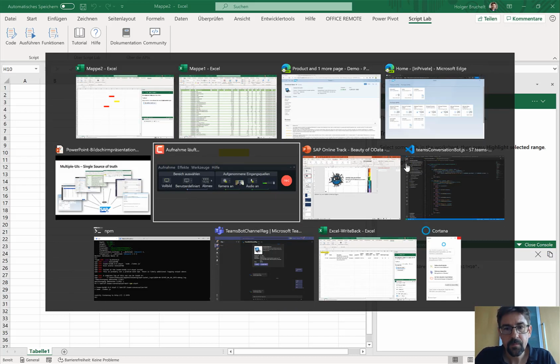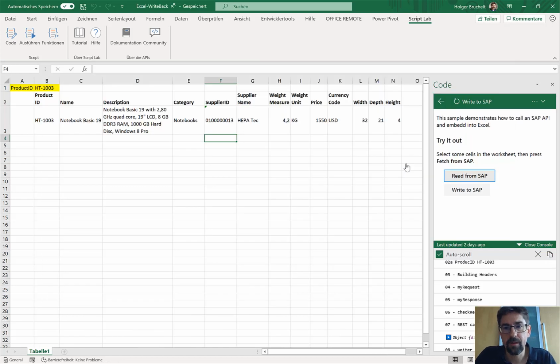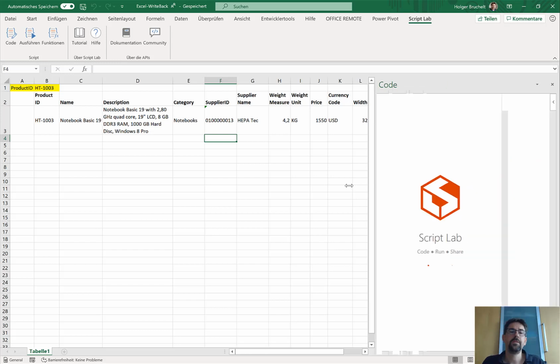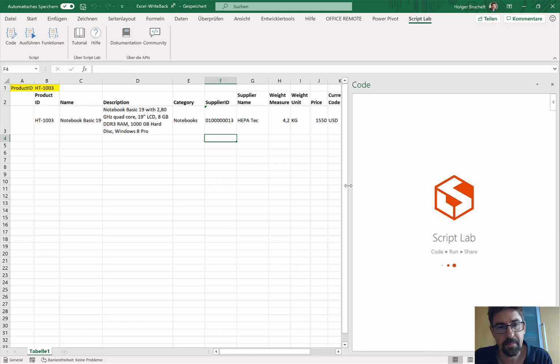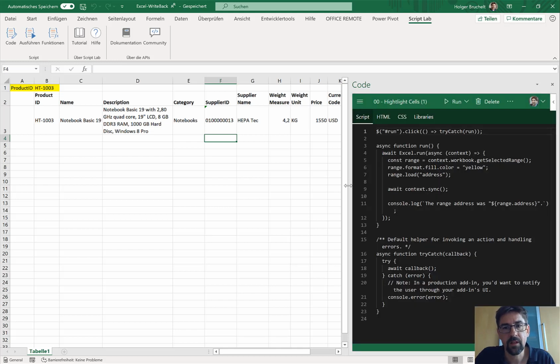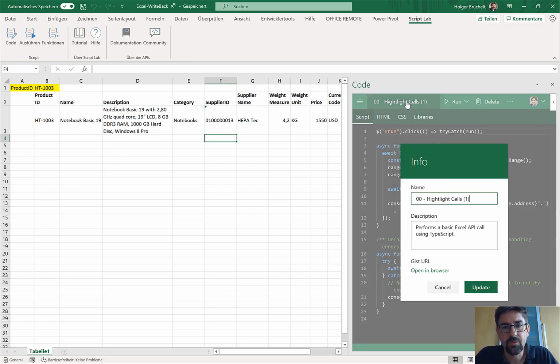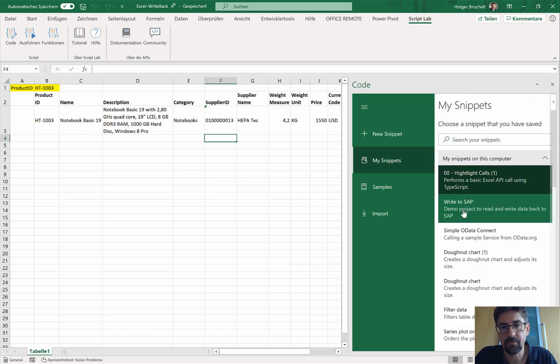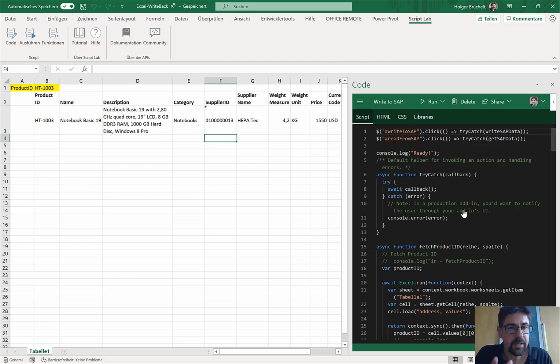in this screen here. So I said, well, if I want to write data back to the SAP system, then this is not an out-of-the-box functionality that I have here with Excel, but it is something that you need to develop. So if I load here my write to SAP TypeScript example, then I basically have two functionalities.